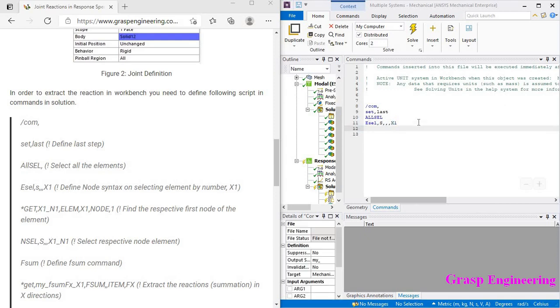Let's define that, star comma get. It will show you later on. First define star comma get comma.